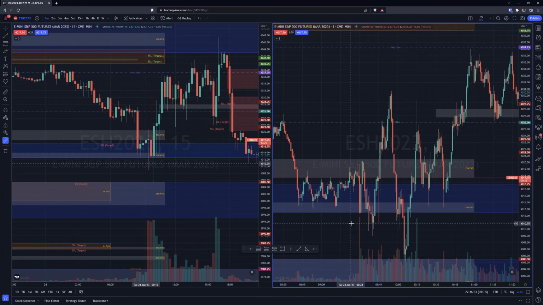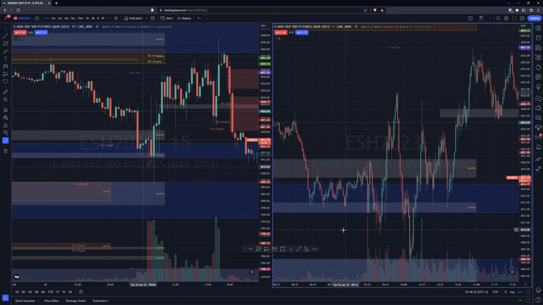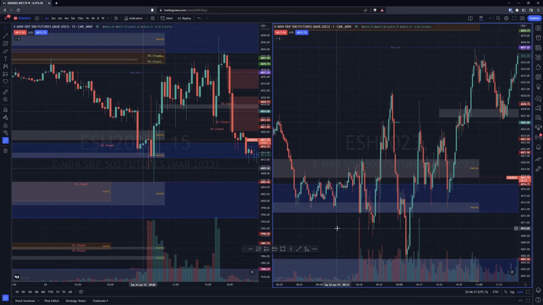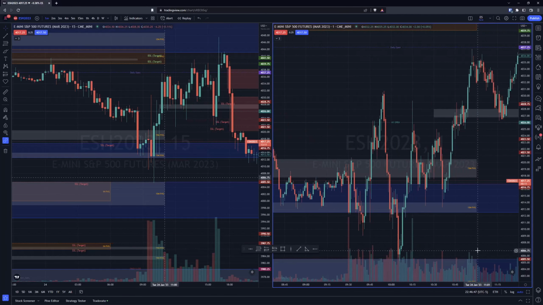Before the day started, my bias was that we were going to make a run down here to 405.50. You'll see that marked on the side, the price. It lines up. I have a horizontal ray there, but it also lines up with the top of that 4-hour fair value gap.